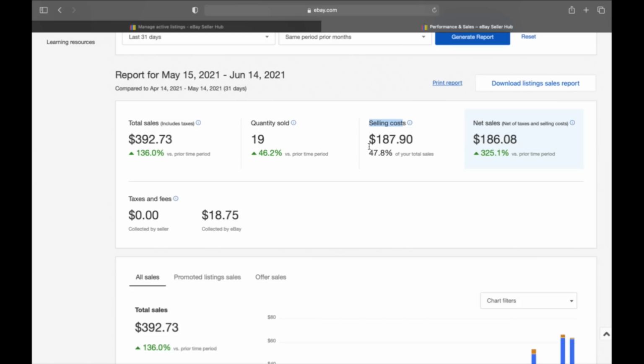Selling cost, which is $187.90, 47% of my cost went to fees, labels, etc. This is everything, right? This is the eBay fees, promoted, labels, etc., which is tough because I'm at a 10% cost of goods. I sold ties for $18 that I paid $1 for. So 10% would be $1.80. So I actually paid like 6% for those. But anyways, let's just figure that eventually I'm going to come out to about an 8 to 10% cost of goods. So if we add that in, I'm about 55 to